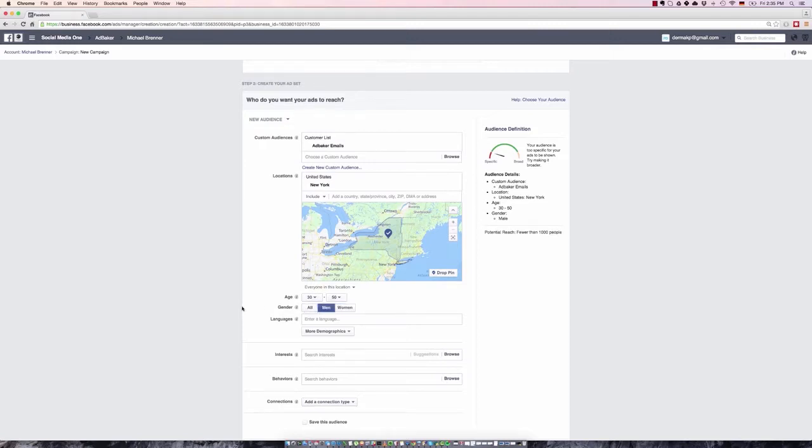So let's do a short recap. If you're working with custom audiences and you're targeting customers or email subscribers, your ads are already super laser targeted. But only if necessary, use the locations, age, or gender targeting option to get even more specific if that's really, really necessary. So in 90% of the cases, you shouldn't do that. But as we figured out now, there are some cases where you might have to use the locations, age, and gender targeting function to just reach a very specific set of your customers.